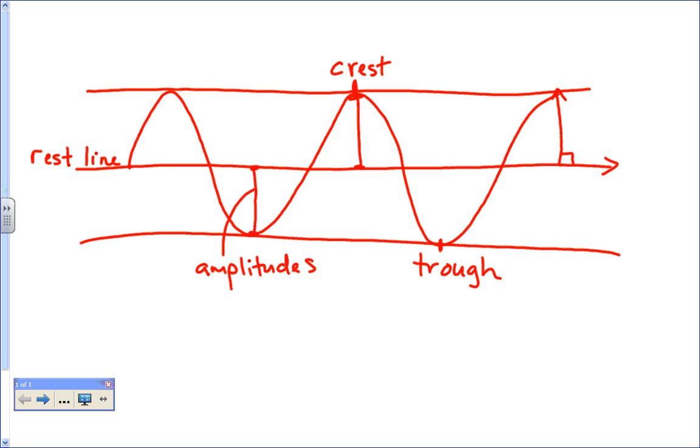Okay, if I go from crest to crest, or trough to trough, or this part of the wave to this part of the next one, or from this part to this part, those are all what? Those are wavelengths, and wavelengths are from one point on the wave to the same point on the next wave. Those are wavelengths. And if I drew this wave good enough, I can actually take my meter stick and measure each one, and they should be